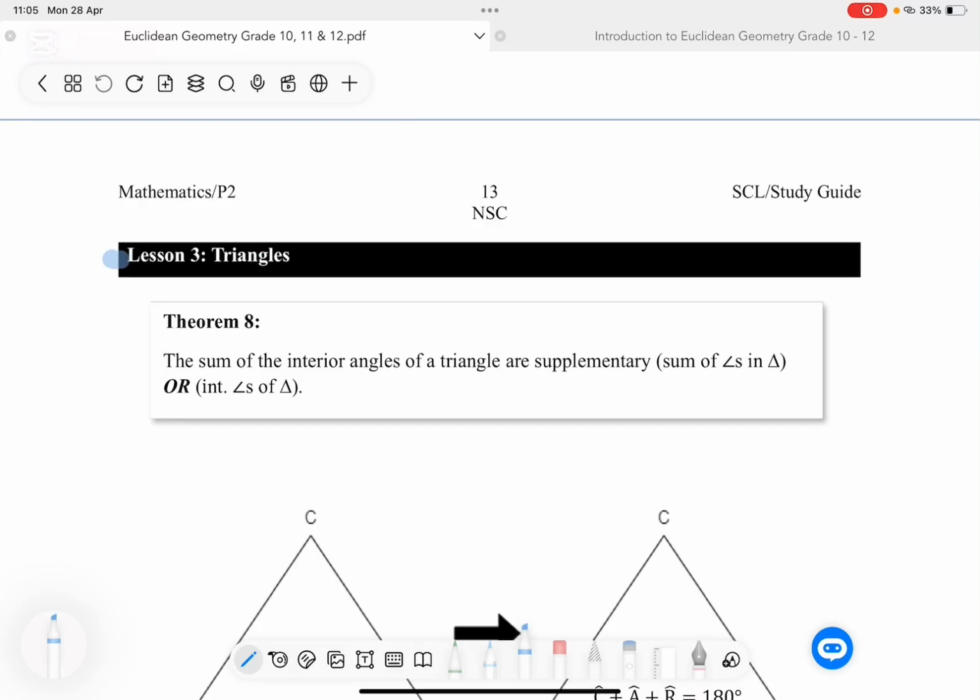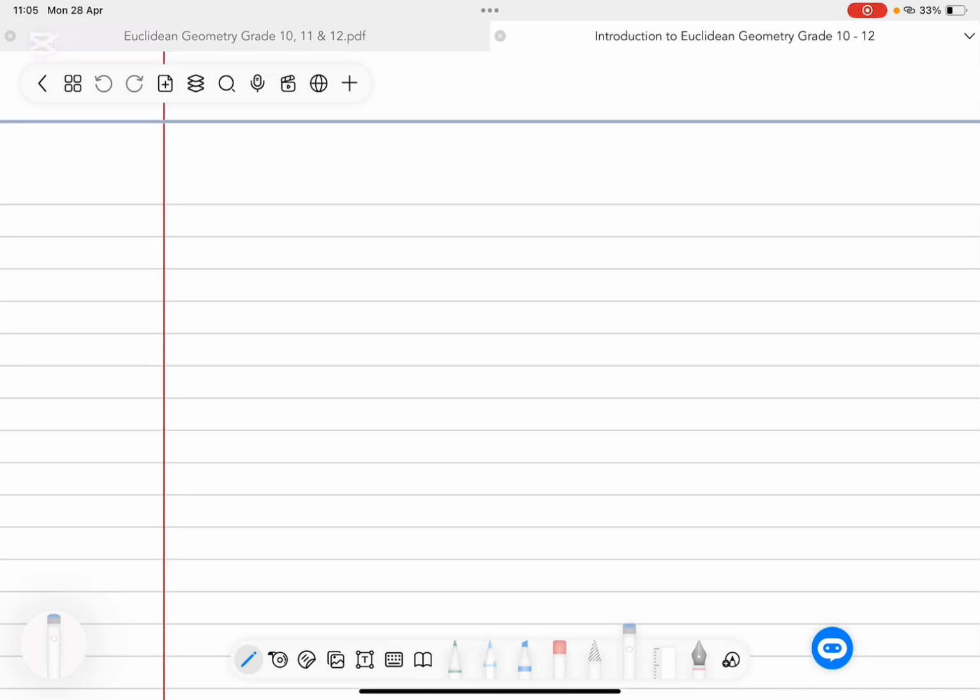Our last lesson in the introduction to Euclidean geometry looks at the study of triangles, or theorems that are related to triangles. Now, a good start would be to understand what a triangle is. The word triangle consists of a part which has the prefix tri. Tri means 3,